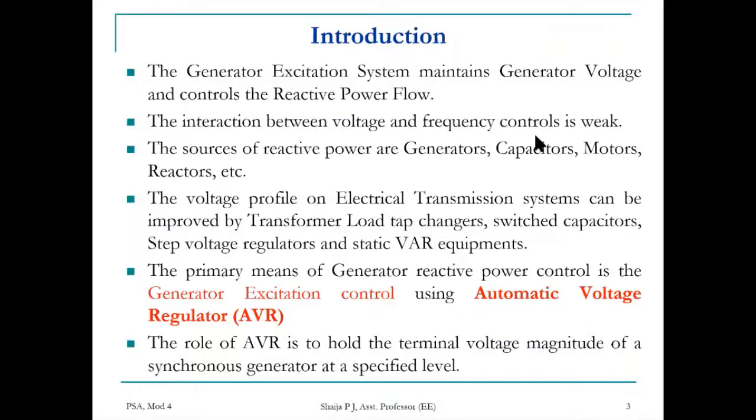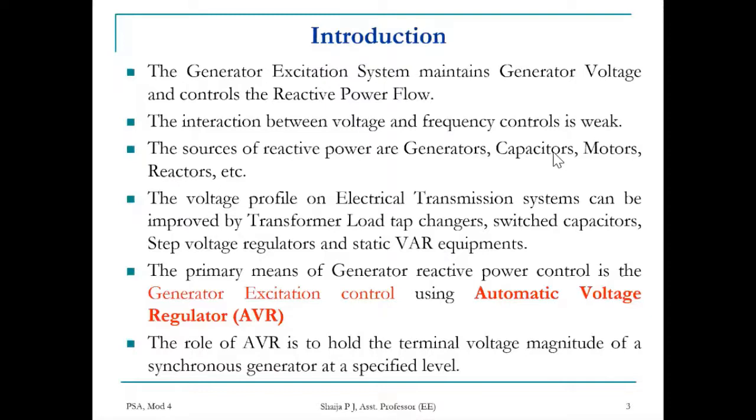You know that the generator excitation system maintains the generator voltage and it controls the reactive power flow. The interaction between the voltage and frequency control is weak, so we can do it separately. The sources of reactive power are generators, capacitors, motors, reactors, etc. The voltage profile on a power system can be improved by transformer on-load tap changers, switched capacitors, step voltage regulators,